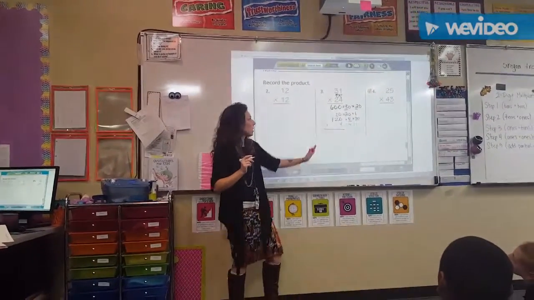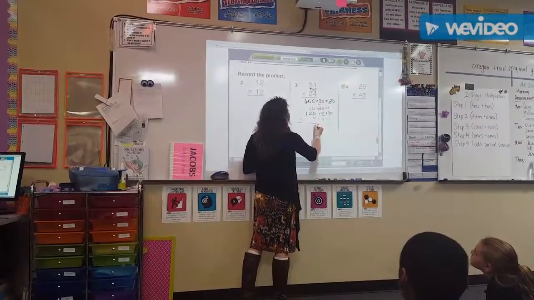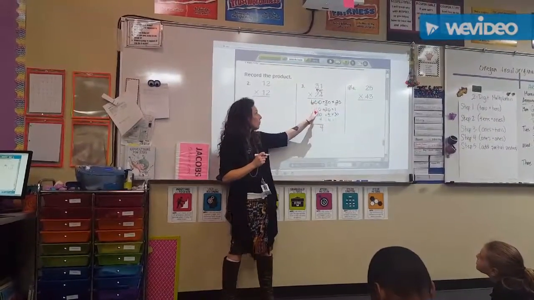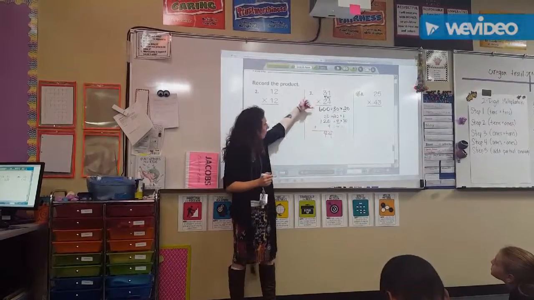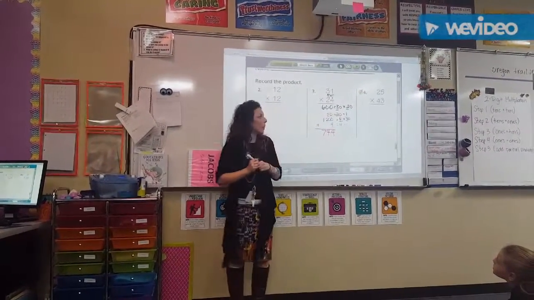Add your partial products together. Okay, so let's start with our ones column. Obviously, 0 plus 0 plus 0 plus 4 is 4. Then I go to my tens column. 0 plus 20 plus 20 is 40. Then I go to my hundreds column. 600 and 100. 700. So my final product is